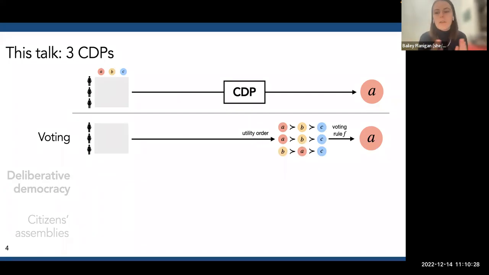So just to give you a brief overview of the model, I'm going to go through an example that will make it much more clear. But basically, we have these voters, they have their utilities, and they're going to be asked to vote. And they're going to submit rankings over the alternatives. And they're going to rank alternatives based on the ordering of their utilities. So if voter i has higher utility for A than B, they're going to rank A ahead of B. And then we take this voting rule, which is a function from the set of all these rankings to a winner. And so you can think of, for example, pick the thing that the most people rank first. That's a voting rule. In this case, it would be A.